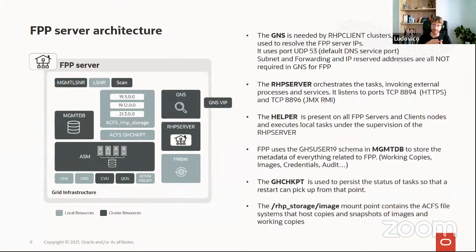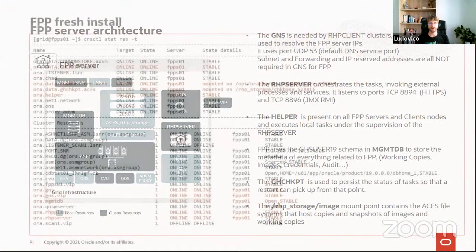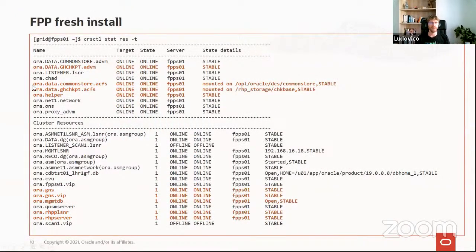And this point is stored inside an ACFS file system that is called the checkpoint file system. Okay. And then we have a mount point that will contain all the ACFS images. We will have one ACFS image, one ACFS file system per code image. So when you configure everything properly, you will have this. This is the empty RHP server,